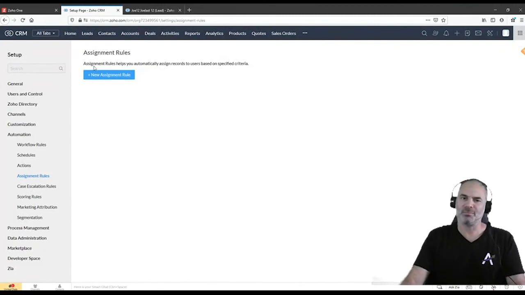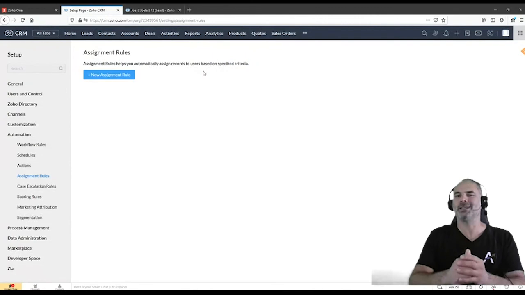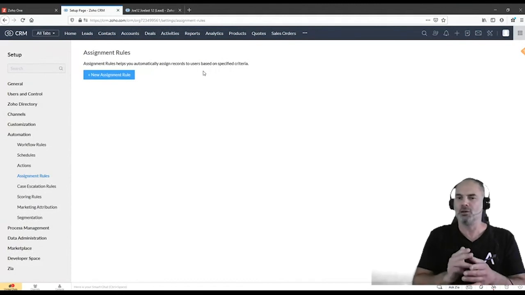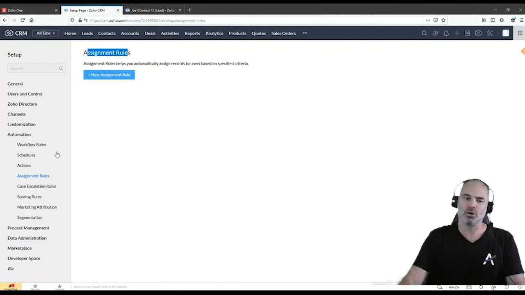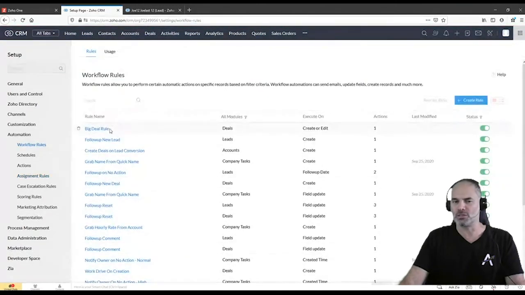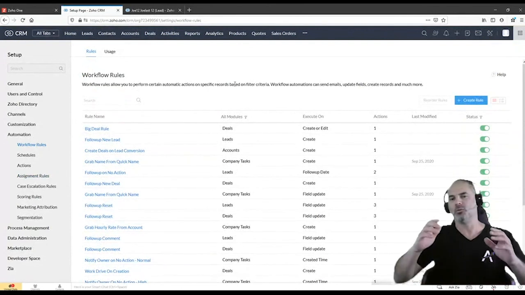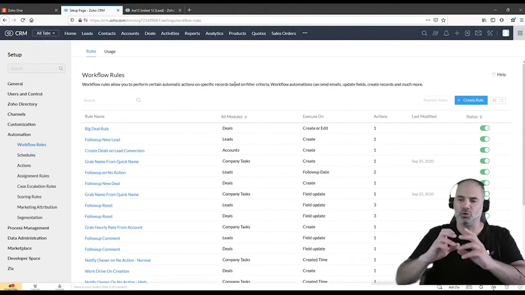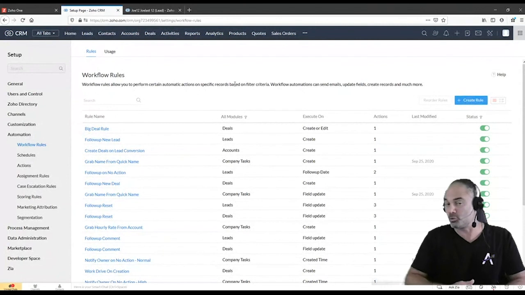Now, the assignment rules will work only on incoming leads from APIs, which means Zapier, website integration, Zoho Forms, not when you're creating it manually. So if that doesn't work, then you can go with the workflow rules, and the workflow rules will be able to accommodate any type of case. I started this webinar with a short video on how to work with layout rules with the workflows. So you can check it out.